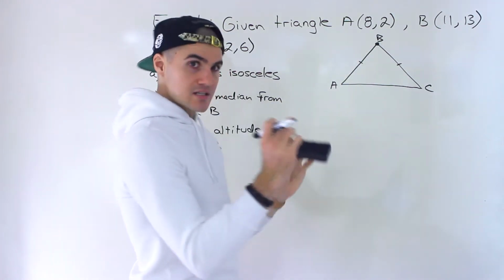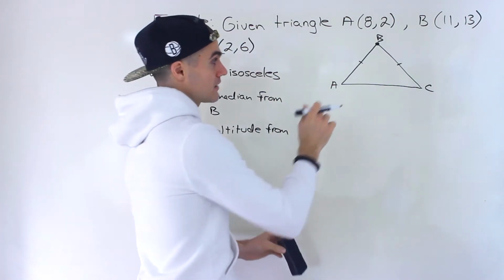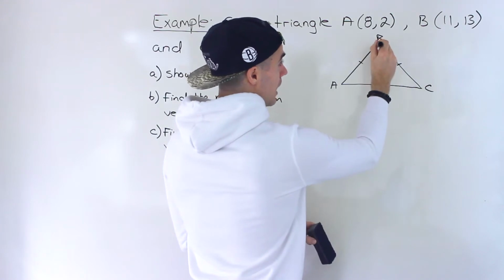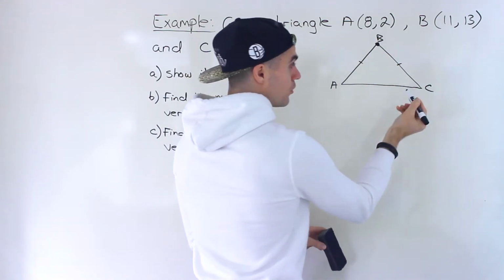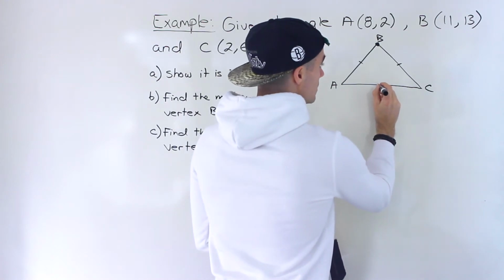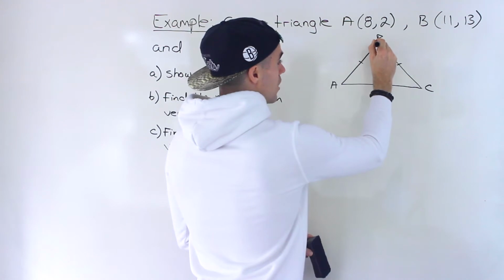If you draw a median from that vertex where the two equal sides are meeting, what is a median? Well, it's a line from the vertex to the midpoint of the opposite side. So the midpoint is going to be like over here, let's say. Okay, if you draw a median,